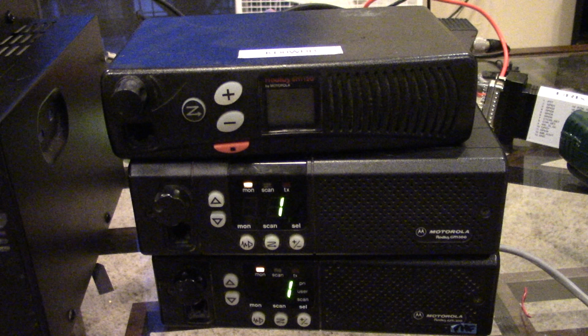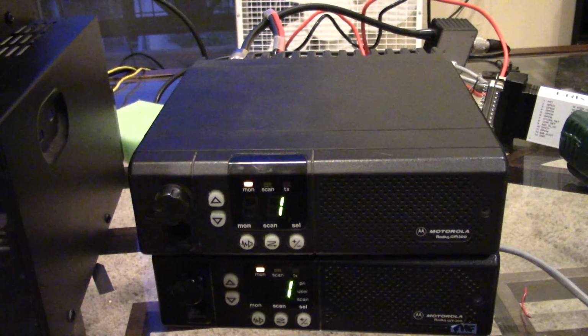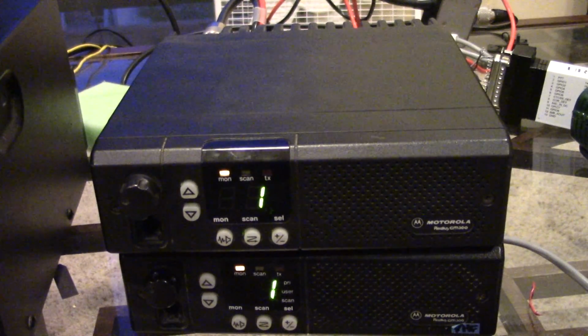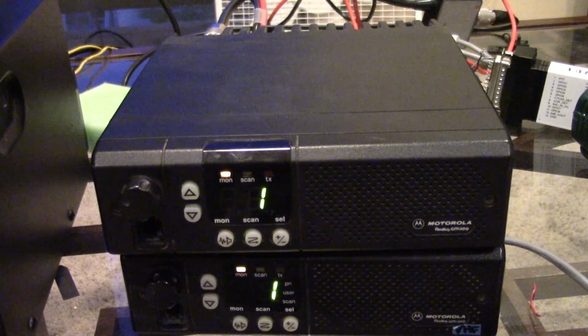This demo demonstrates both remote base radios operating as a crossband repeater. For proof of concept only, because this is not a crossband repeater. Okay, so we've got, let me get this out of the way, that's not part of this. We've got the two radios stacked. VHF is on the bottom, UHF is on the top. Now, these are both into a dummy load,